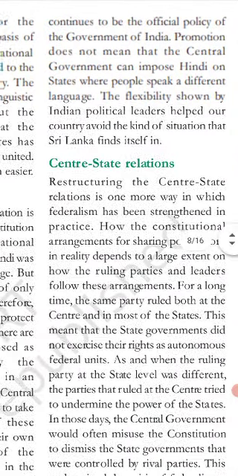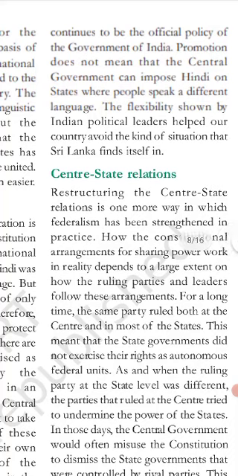इसका मतलब ये नहीं था कि सेंट्रल गवर्नमेंट हिंदी को ही इम्पोज करेगी, but the flexibility shown by Indian political leaders helped. लेकिन जो फ्लेक्सिबिलिटी इंडियन पॉलिटिकल लीडर्स ने दी, our country avoided the kind of situation that Sri Lanka finds itself in. Now, the third major test which was taken to make federalism strengthened in the country is